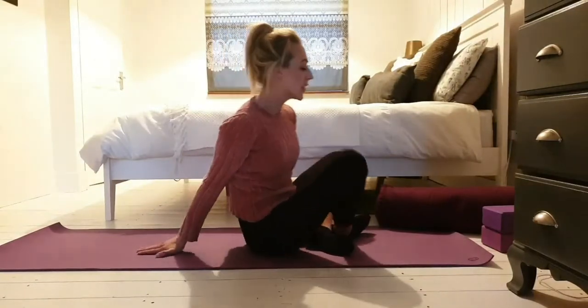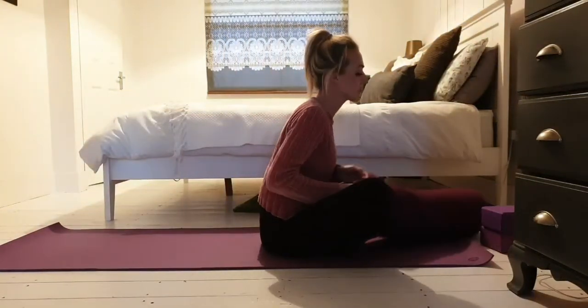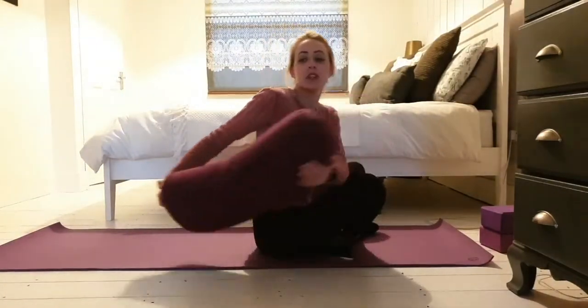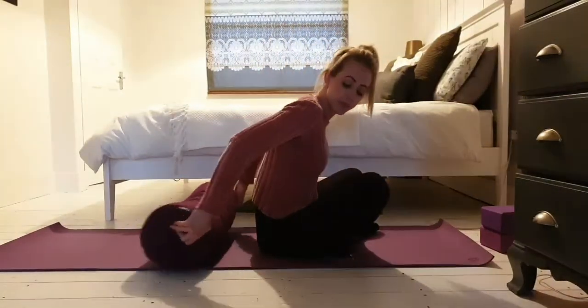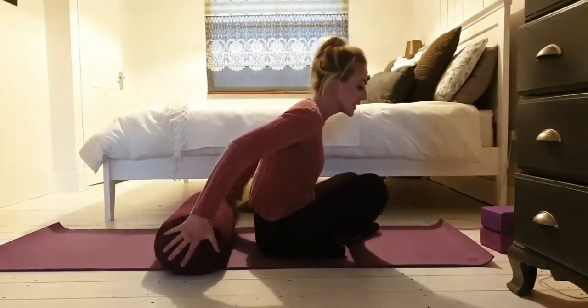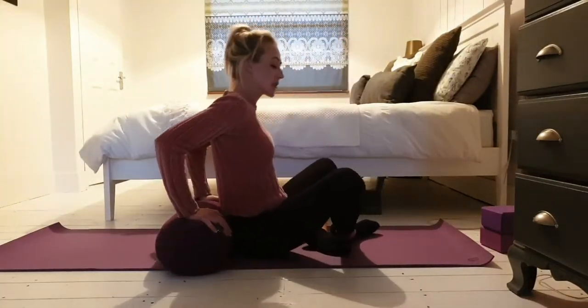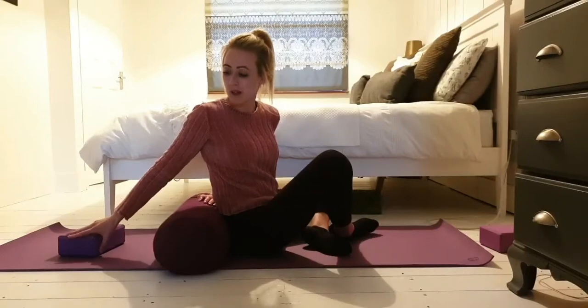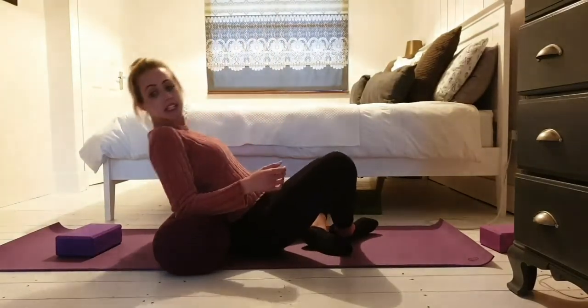So the next one, there's a couple of options. If you are lucky enough to have a bolster at home, then you can use the bolster. Normally we go lengthways, this time across your mat. You're slowly just going to allow the back to come down on the bolster. You may need books. Again, you can stack books and pillows here for the bolster. You may need a